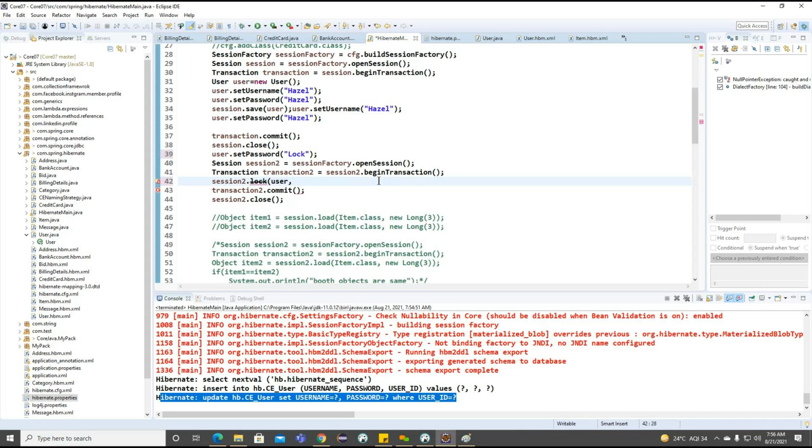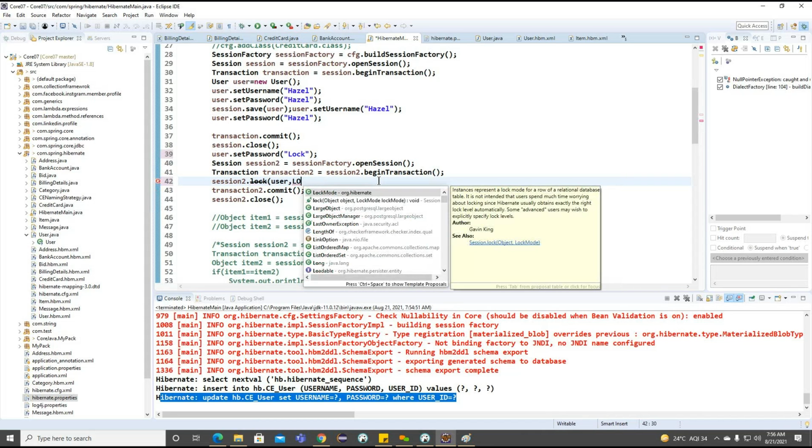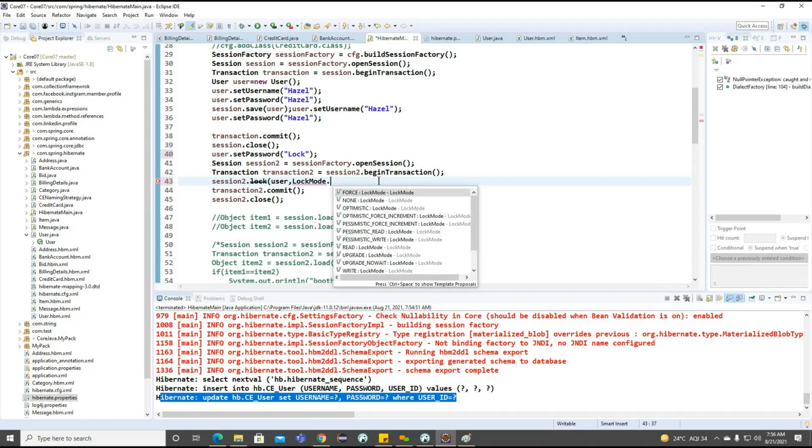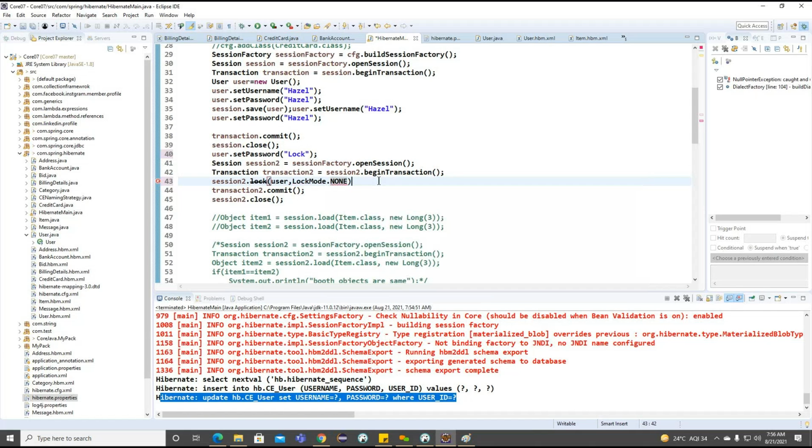So user comma, we're having different lock modes here. For the current example, we don't want to make any locks here. So now I'm trying to call this particular lock method to update the particular object here.